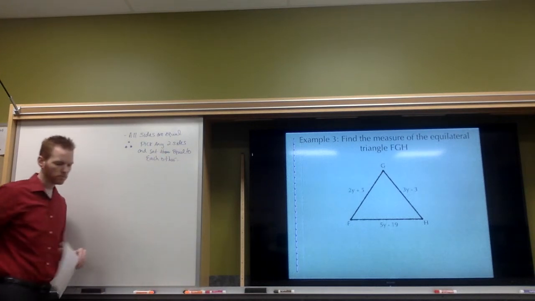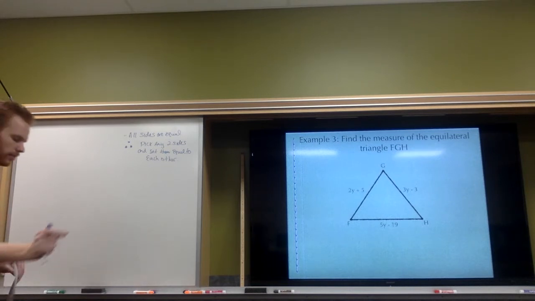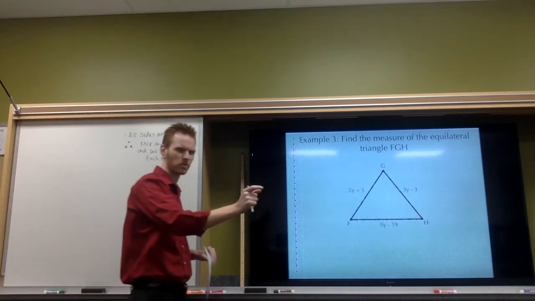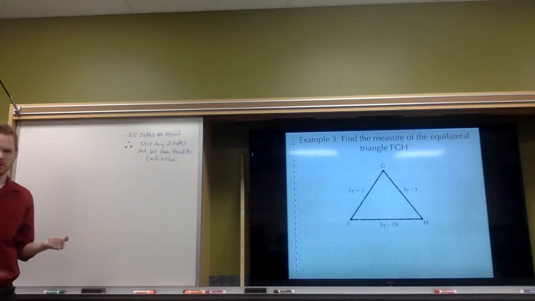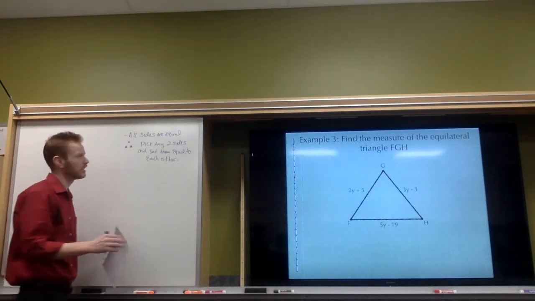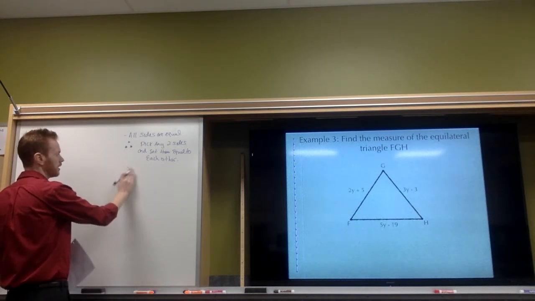I think what's very important is that anytime you're taking notes in a math class, you should always leave yourself a little bit of a breadcrumb trail, just a little bit of English. Like, why are we setting these equal to each other? I should have done it in the last example, but I want to make sure I do it for this example. So I'm going to say that FG